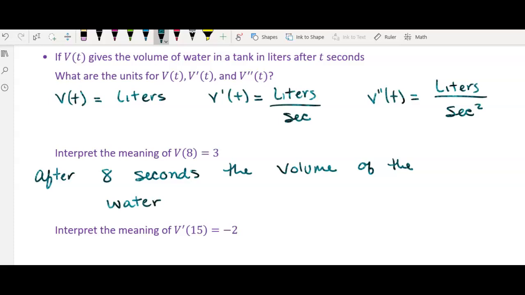So after 8 seconds, the volume of the water is 3 liters. This is not a rate. V of t is just measuring liters, the volume, but that's not a rate. So V of 8 equals 3 means that after 8 seconds, or at 8 seconds, the volume of the water is 3 liters. So V of t is in liters, so the volume is 3 liters